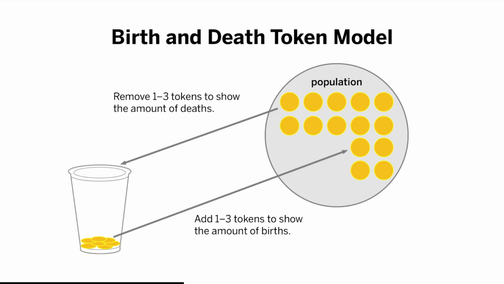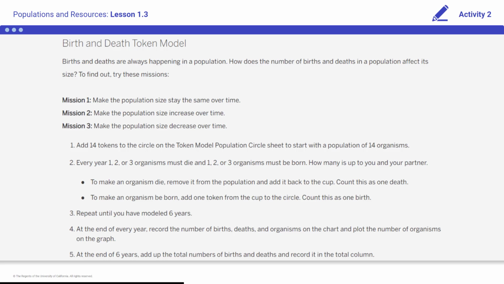The token model population circle sheet contains a circle. This circle represents the population. A cup of tokens will represent individual organisms. You will start with 14 tokens in the circle, which represents 14 organisms in the population. In this model, you will add tokens to the circle to represent births and take tokens away from the circle to represent deaths. Using this model, you will complete 3 missions: getting the population to stay the same, increase, and